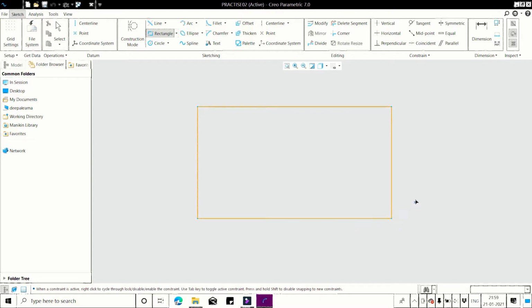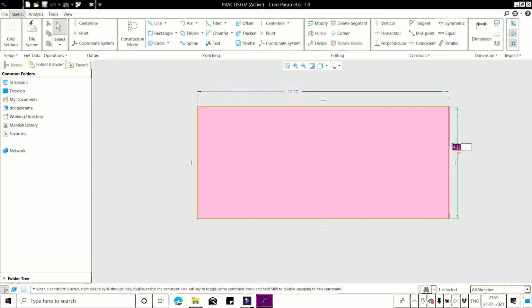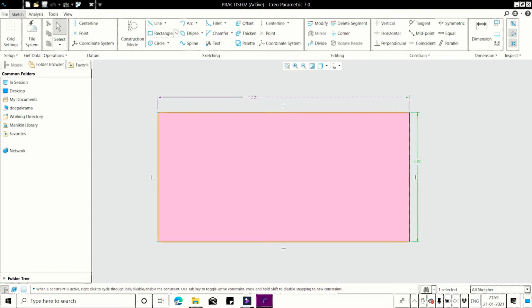Click on another end, middle mouse button, then give the dimensions. I will give it as 10 and 5. This is how the corner rectangle tool is used.